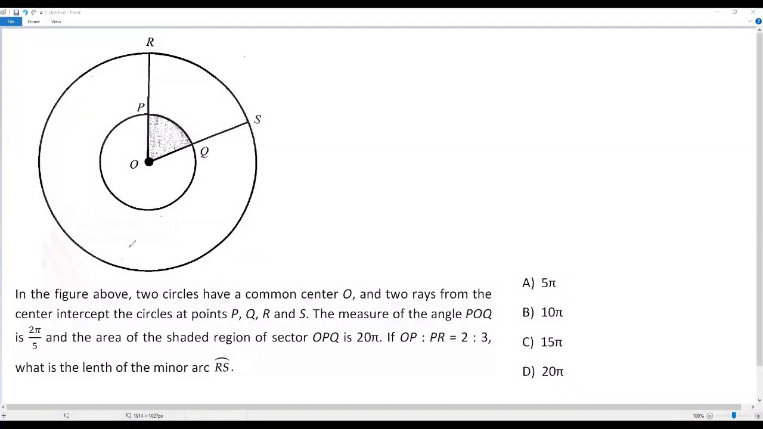Here we have a SAT math problem. Okay, let's go to the question. Here we have a figure. In the figure, two circles have a common center O, and two rays from the center intersect the circles